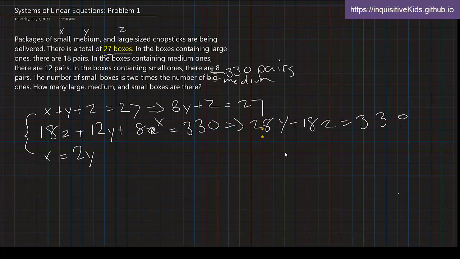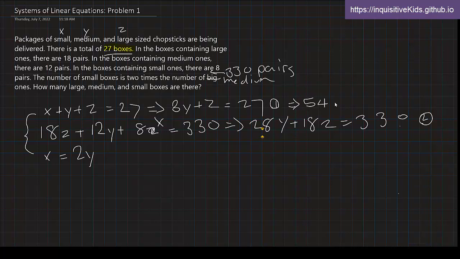Well, in order to solve a variable, we first need to get rid of another variable, so there's only one variable left. And since there are no equal coefficients here, I'm going to make them equal. Over here, there are 3 y's and 1 z. Over here, there are 28 y's and 18 z's. I'm going to multiply this first equation by 18 on both sides. So that's going to turn into